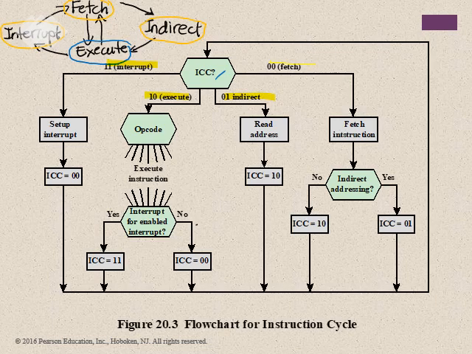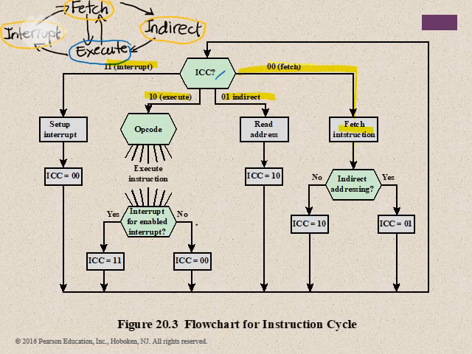At the end of each of the 4 cycles, the ICC is set appropriately. You know that indirect cycle is always followed by the fetch cycle. So before indirect must be fetch. So let's try to trace this diagram and see how it works. So we always start from the ICC. Of course, we must start with fetch. So we go 0 0, we go to fetch instruction, and then